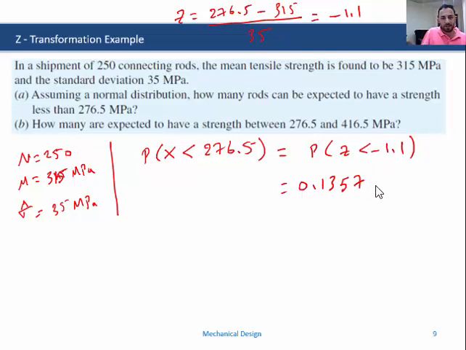Okay, and this is the same as 13.567%. I mean 13.5% of the roads will have a strength less than 276. Then the total number of roads will be 13. Okay, the number of roads with strength